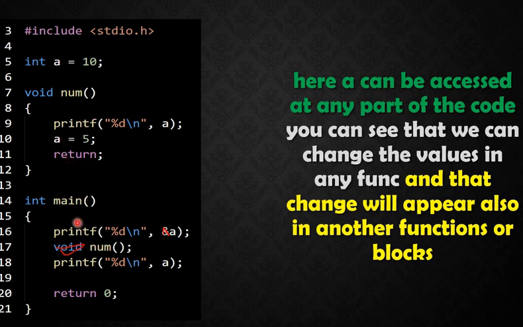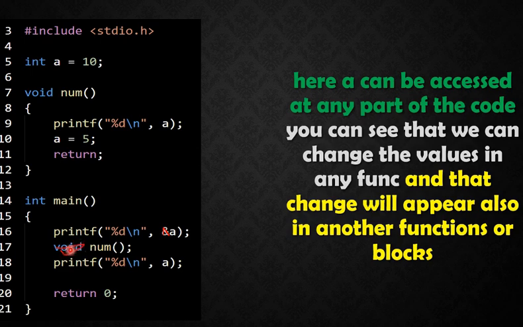The code will come after line number 5 to line number 14. It will come again to line number 16 and it will print the value that has been stored in a. Do note here is a typo, here is a mistake. This should not be an ampersand here. The ampersand should not be here, only a should be here. Another typo is that as we are calling the num function, void should not be here. Okay, so I have kept it down for your convenience.